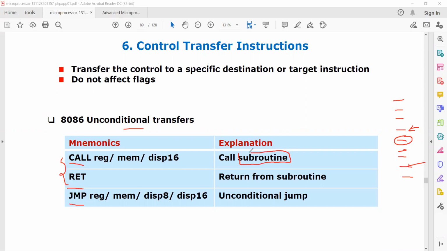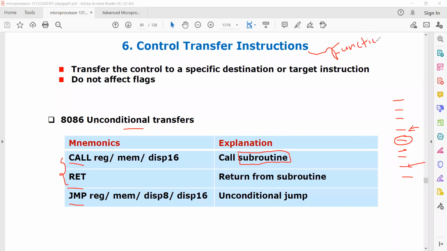What is this subroutine? I'll explain this. Just listen to me very carefully. Most of you might be knowing the C language. In C language, you might have come across a word called function. What is the importance of functions, or what is the meaning of functions?